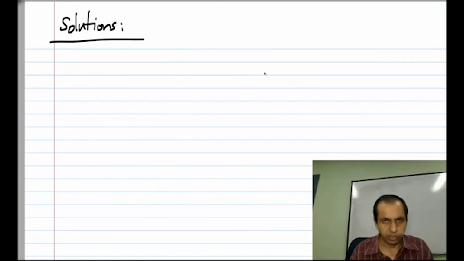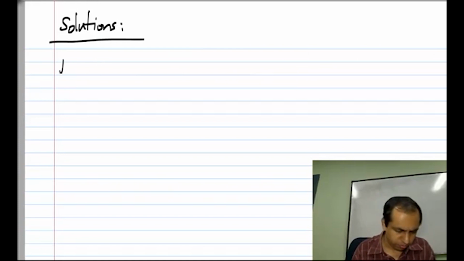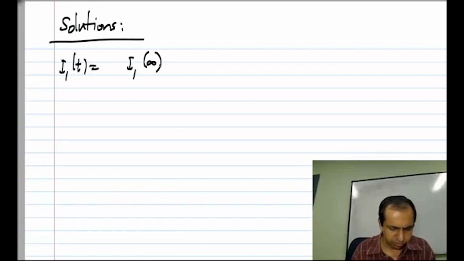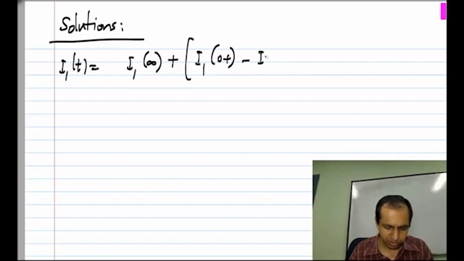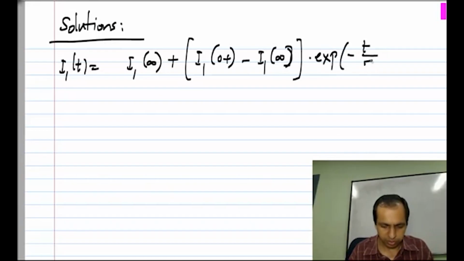I have assumed 0 initial conditions. So I1 of t, which is I1 of infinity plus I1 of 0 plus minus I1 of infinity times exponential minus t by tau,